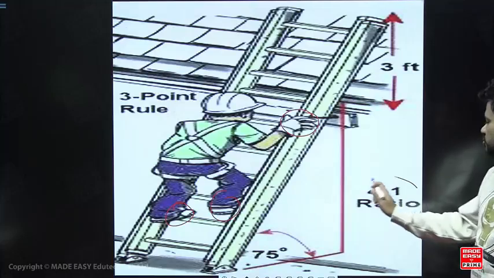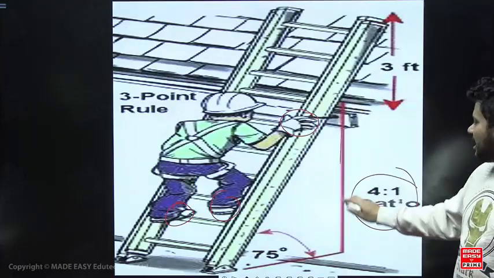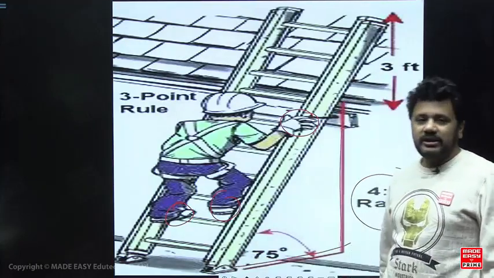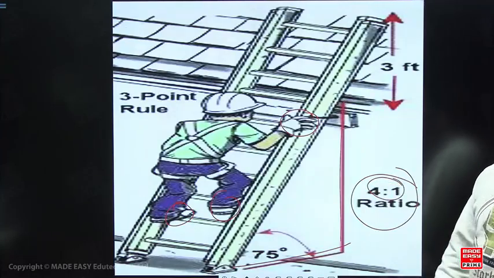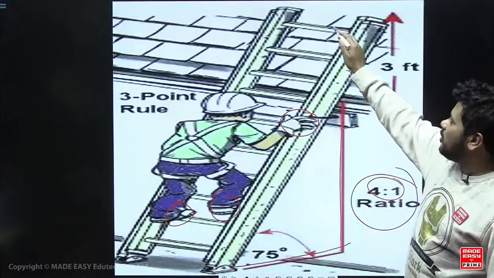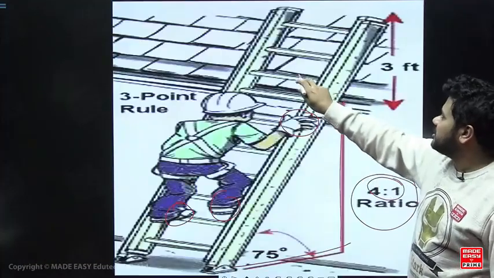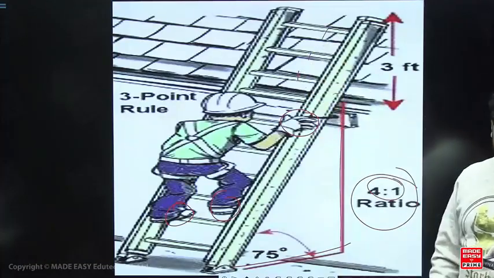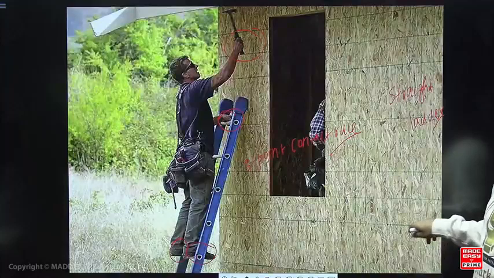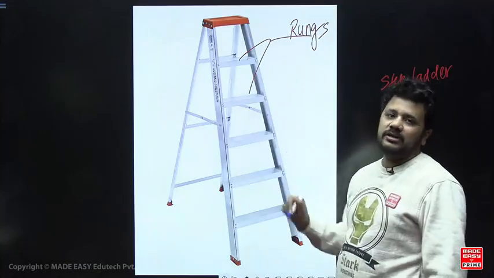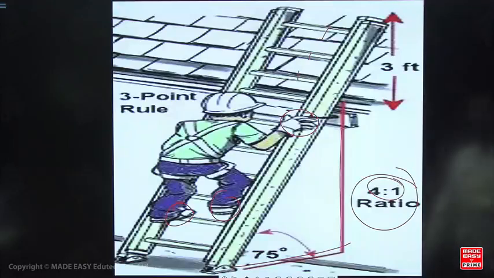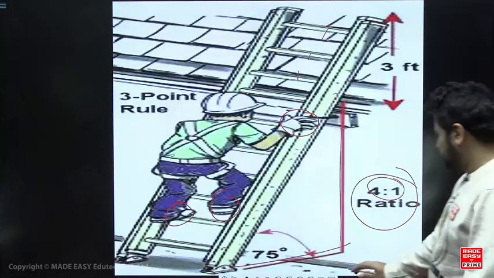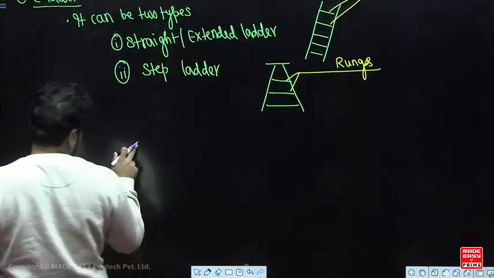And what is called the 4:1 ratio rule? The height and the footing length from the wall should make a ratio of 4:1, correct? And you should never step on the top 3 rungs, right? Otherwise it will topple. And the top 2 rungs for a step ladder, right? ये सारा चीज मैं आपको लिखवा दूंगा. This is called the 3-point rule and this is called the 4:1 ratio, right? Okay. So देखो यहाँ पे